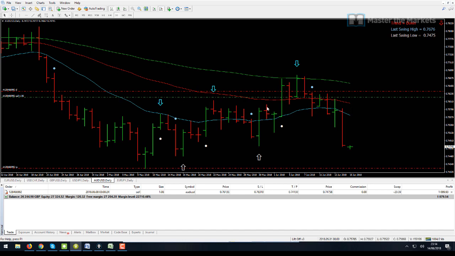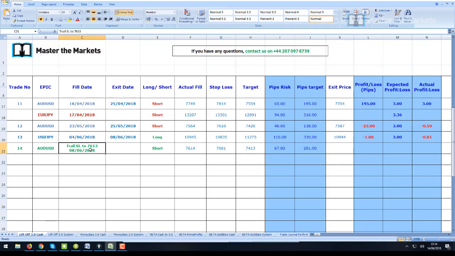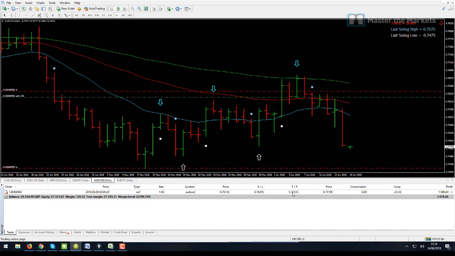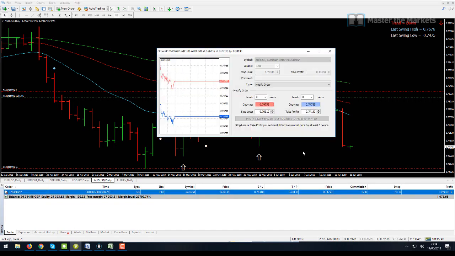And so today I have a trailing stop opportunity. Once again, I'm going to go ahead and I'm going to actually break this trade even, because we get to actually trail our stop today to 7613, I believe it is. Let's check. Yes, it is 7613 is the trail on this. So you can see it takes us to the break-even point there on the Aussie dollar, which is a very good place to be. We are now in a free trade the same way that we were on the dollar